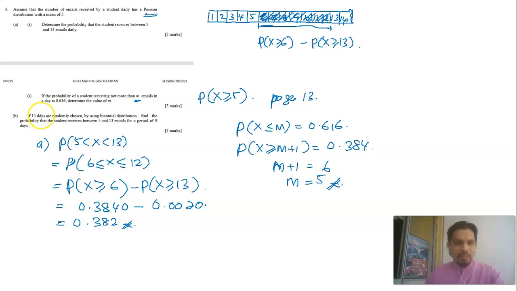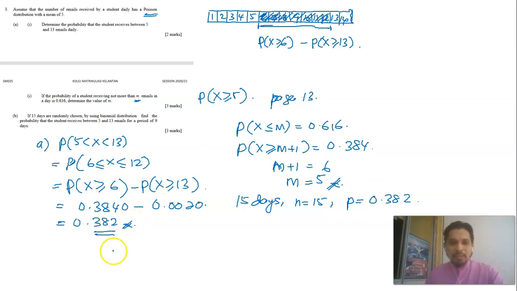15 days are randomly chosen by using binomial distribution. Find the probability the student receives between 5 and 13 emails for a period of 9 days. So for 15 days, the number of trials is 15 and p equals 0.382. So X is binomially distributed with 15 and 0.382,